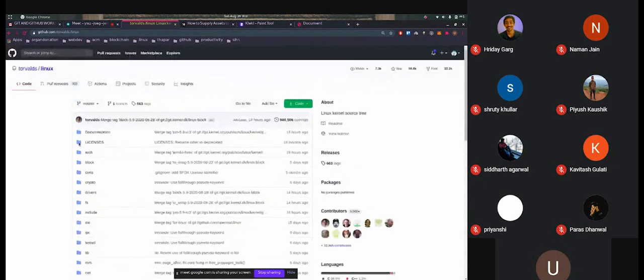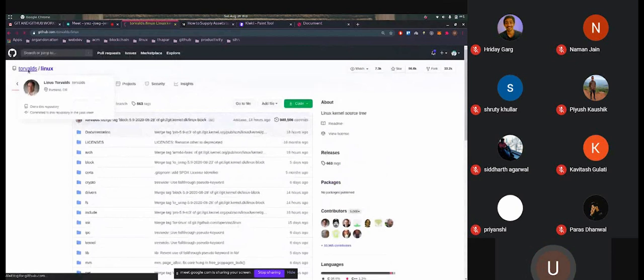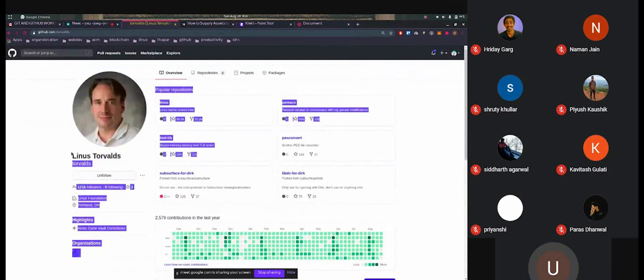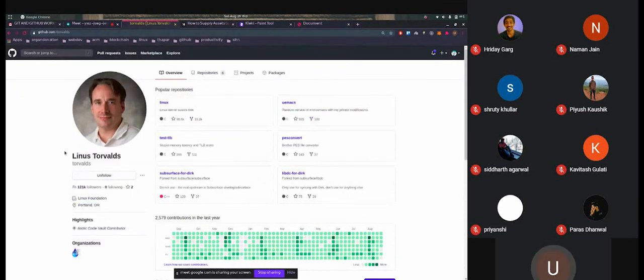Okay. So similarly, you can explore any code. He is Linus Torvalds. This is the same person who invented Linux. He invented Git. God of computing.